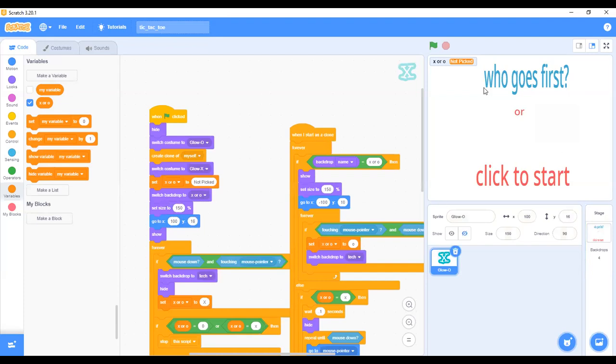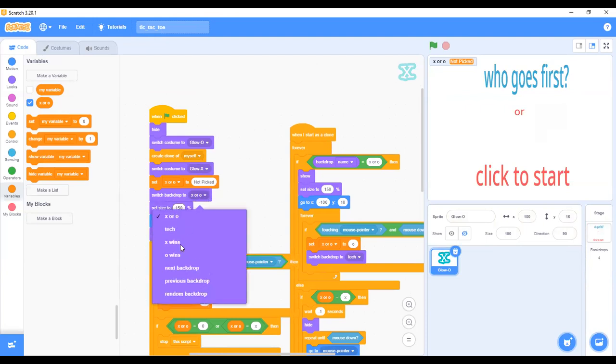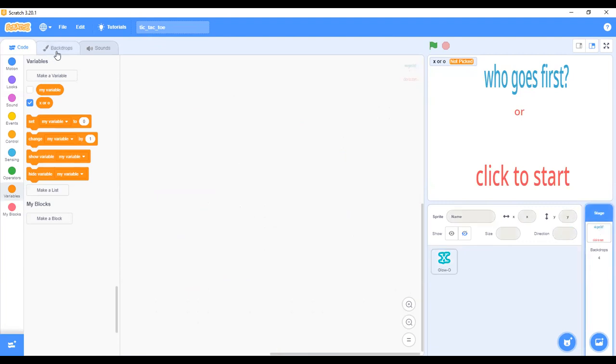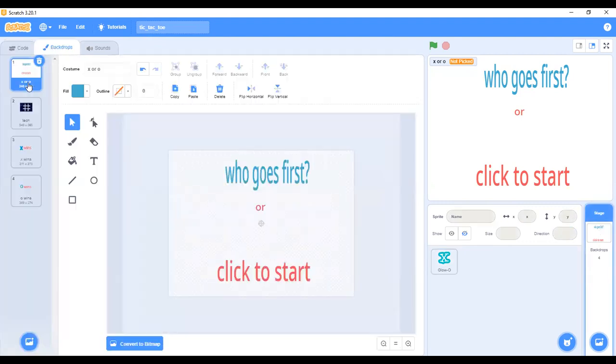Okay, so this "who goes first" is what I named X or O. This is what I named my backdrop. If I click on this, you see the different backdrops that I have. So my X or O is what I named my backdrop, the first one. You have to be careful when you are naming your own backdrop.